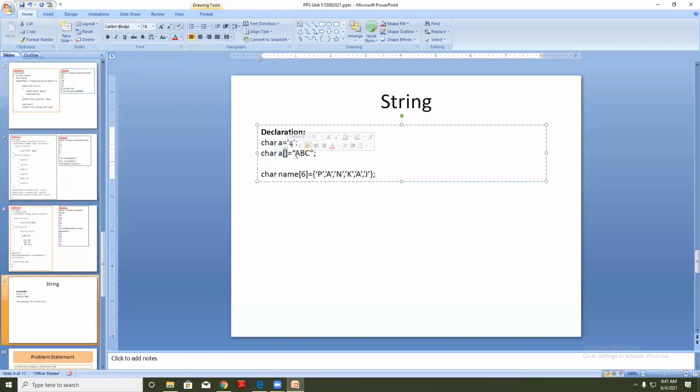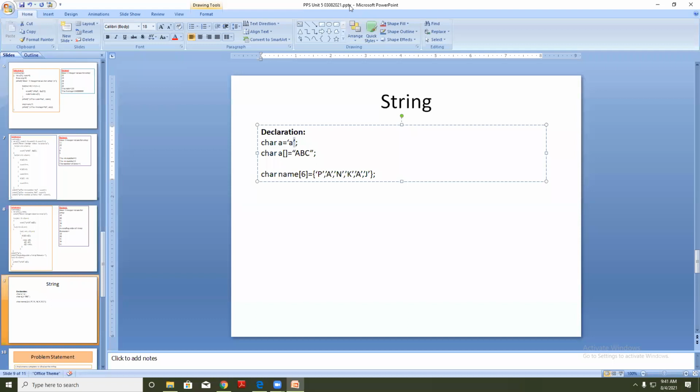And if I'm giving the values as a name, in this case I need to give double inverted commas. For a string, double inverted commas, and if you want to take just a single character as input, single inverted commas. Do you understand?